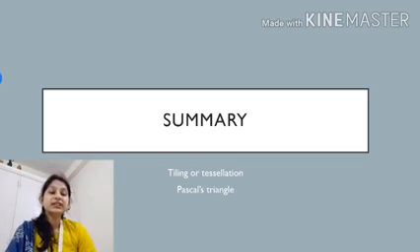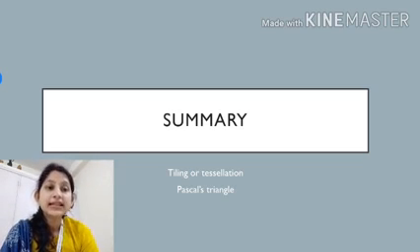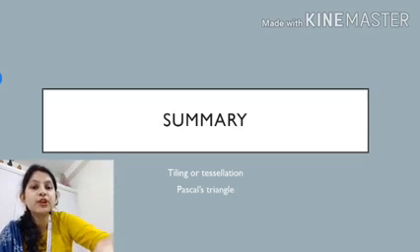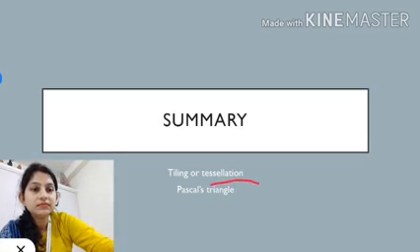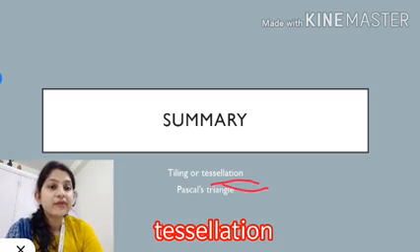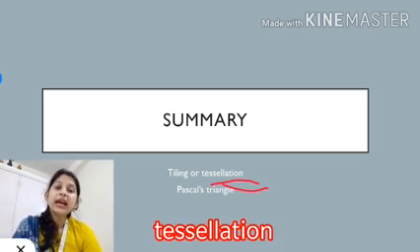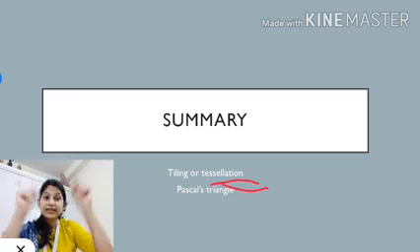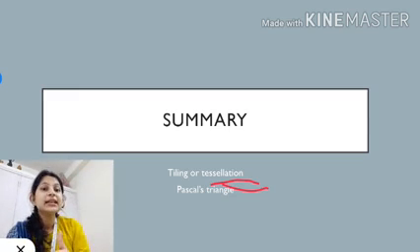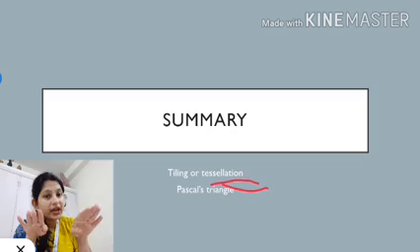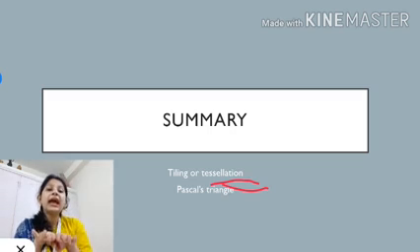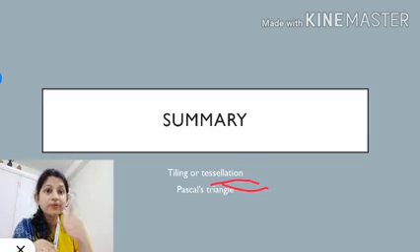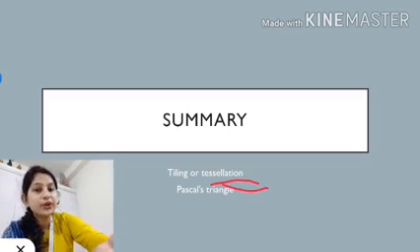Okay. Today, what are the things we have learned? Today, we have learnt about tiling or tessellation. See the spelling of tessellation. And we have also learned about Pascal's triangle. Okay. And what is the specialty of Pascal's triangle? In Pascal's triangle, one particular number is addition of the above two numbers of that triangle. And what about tiling? Tiling means flat shapes are arranged very close to each other, there is no gap between the shapes, and there is no overlap between the shapes. Okay, and the rest we are going to learn in our next class.